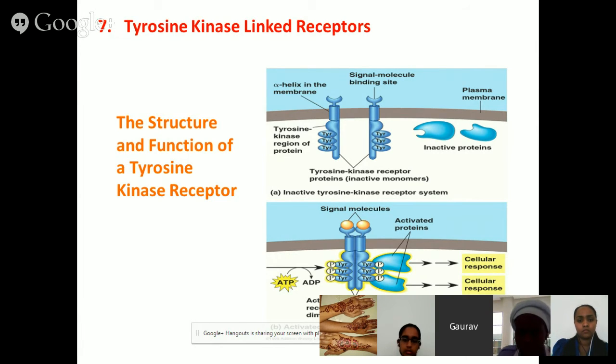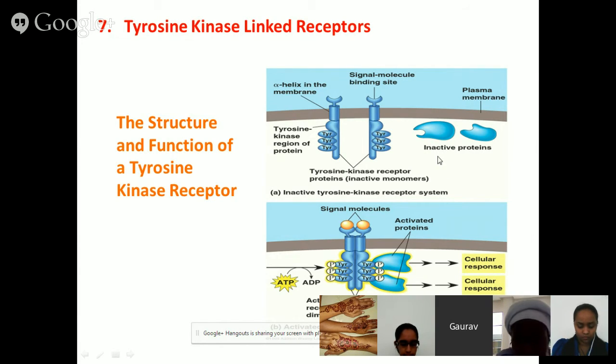Transferring of one phosphate molecule from an ATP molecule and attaching it to another group or protein group, that's called phosphorylation. What is phosphorylation? Attachment of phosphate to the proteins. That's called phosphorylation. So here you can see on a tyrosine kinase, this phosphate group is now attaching to the